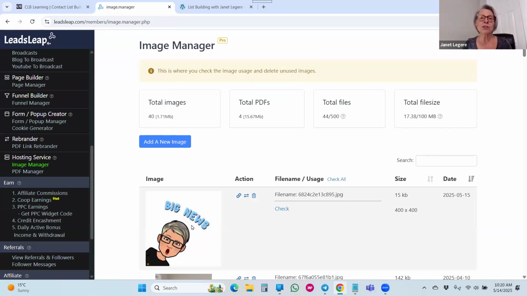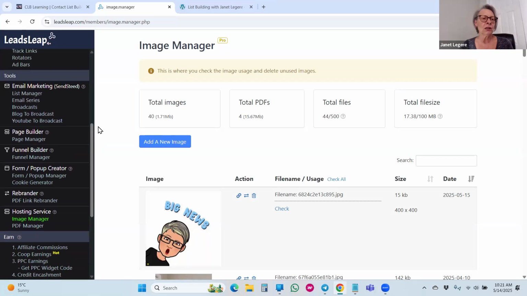But mostly, I want you to upload an image of you. Because when you're setting up your CLB funnel, the landing page is going to have your picture on it. We want people to see who you are. When people see a real person there, they're more inclined to take action. All right, rather than like a cartoon or anything like that. We want a real picture. People want to see who you are. So that's number 1. You got your image up. We're ready to go. Number 2,